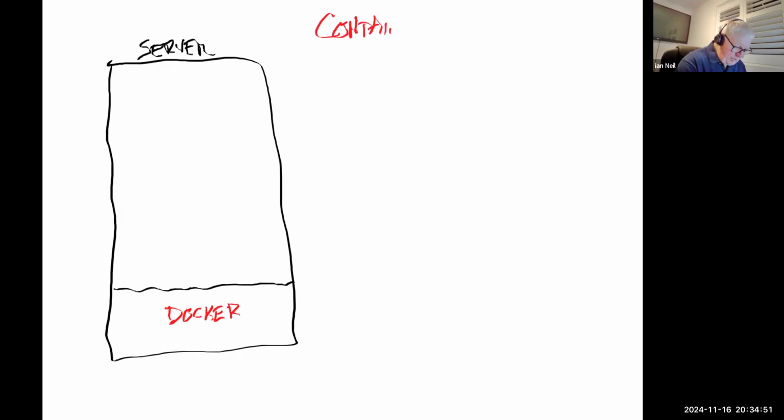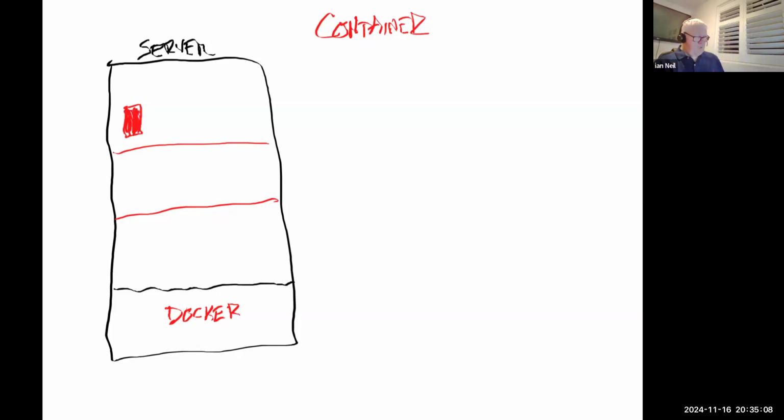Now, the one thing the developers like, they get their application and put it in its own container. So although it shares the operating system with the other containers, it's got its own autonomy.